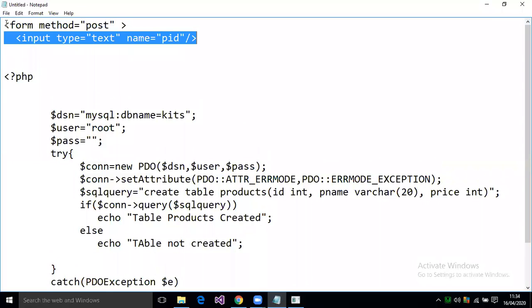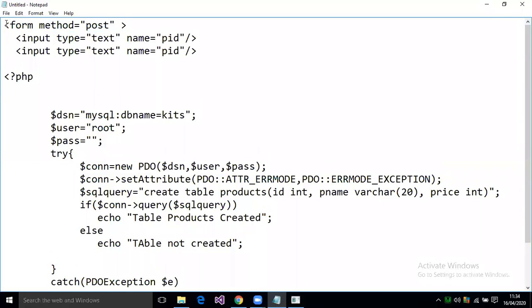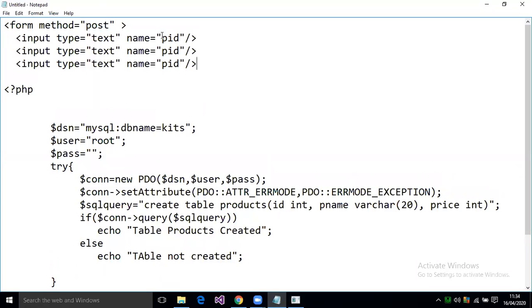Similarly, I will create product name and price. Here I will write BR for line breaks.